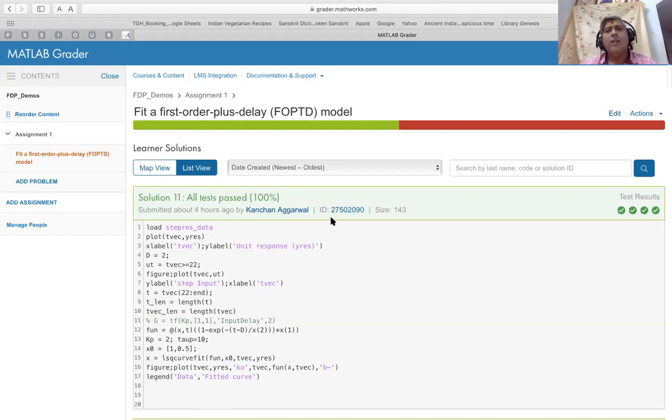But of course, the procedure can be the same. So to a certain extent, you can control the randomization part, but beyond a certain point, certain things may be common to all the students. And of course, how you want to play around with it depends on the course and the size of the class and so on.